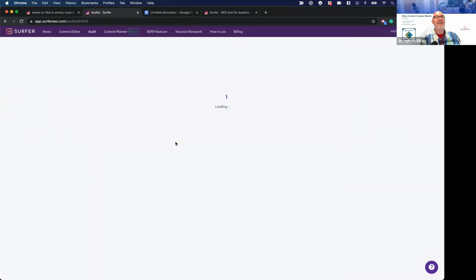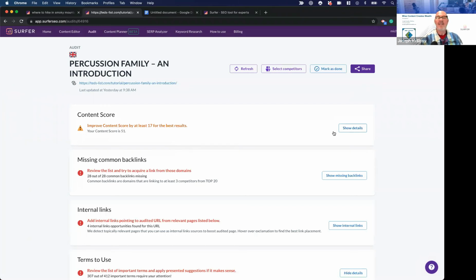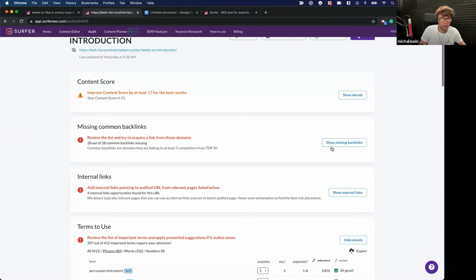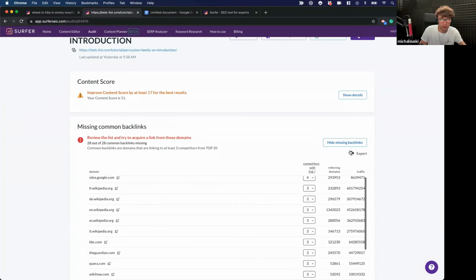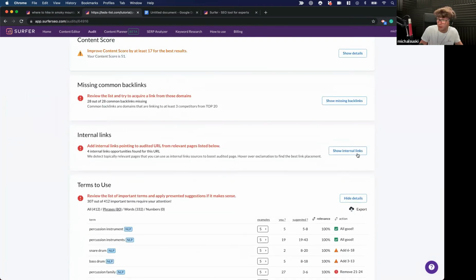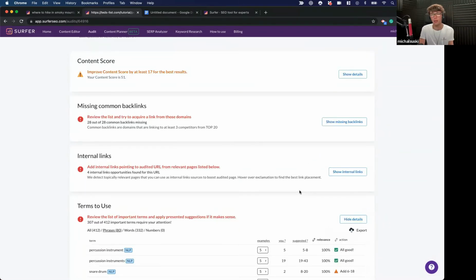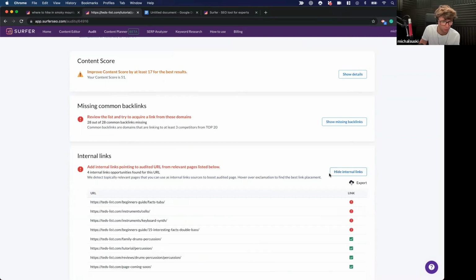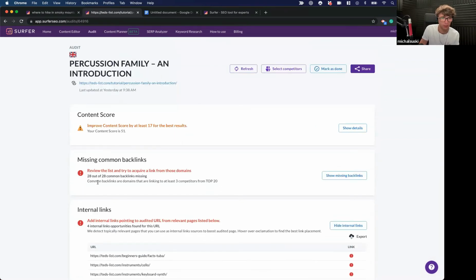You've got the score. You've got some information about the backlinks. This one is actually cool: internal link opportunities. So what Surfer does, it crawls your website looking for pages that are topically relevant. So we won't suggest you link from random pages. We will suggest you link from a page about percussion, like drum set,